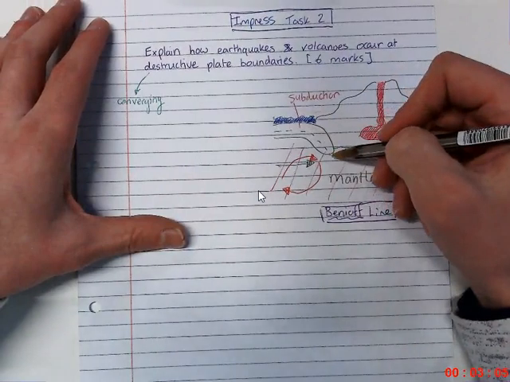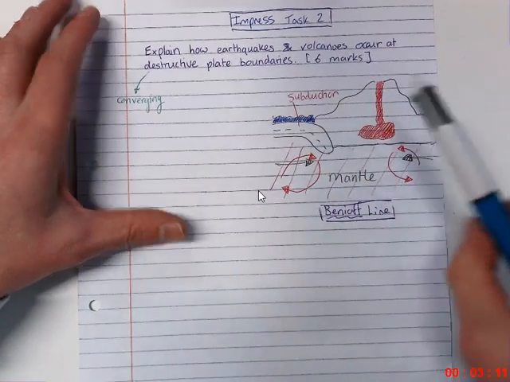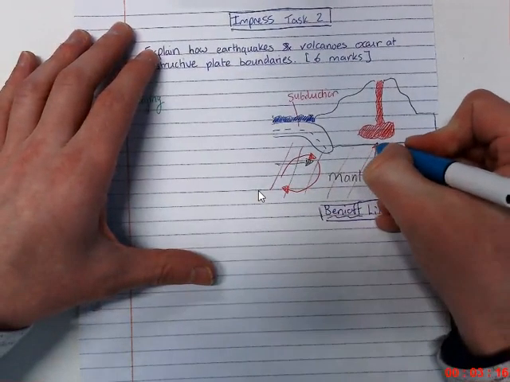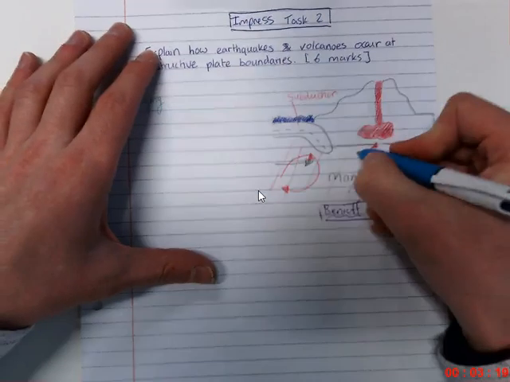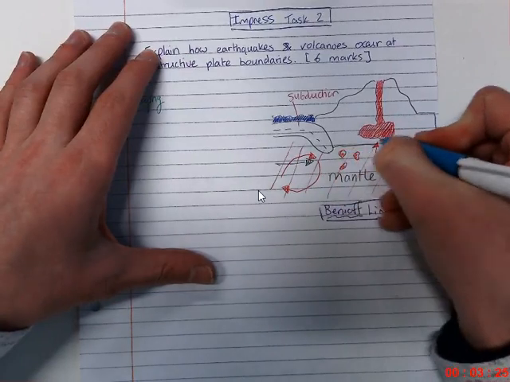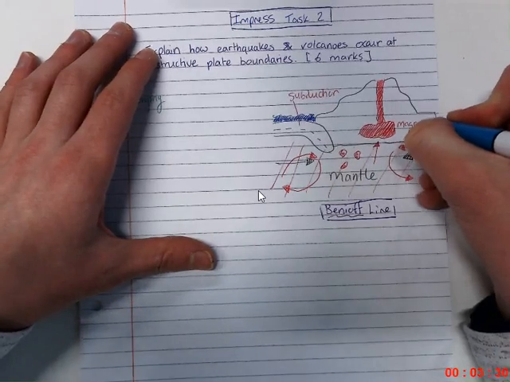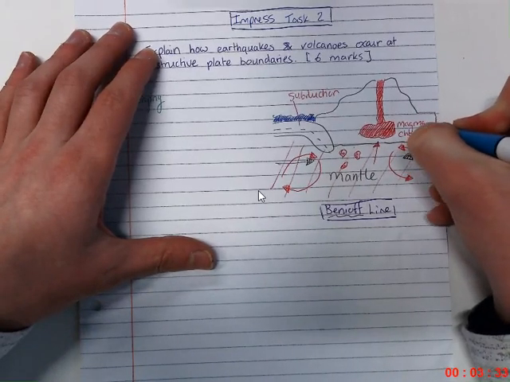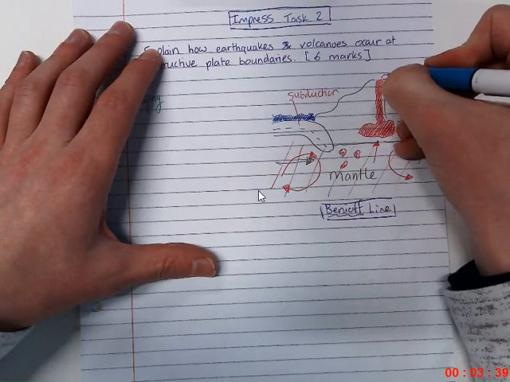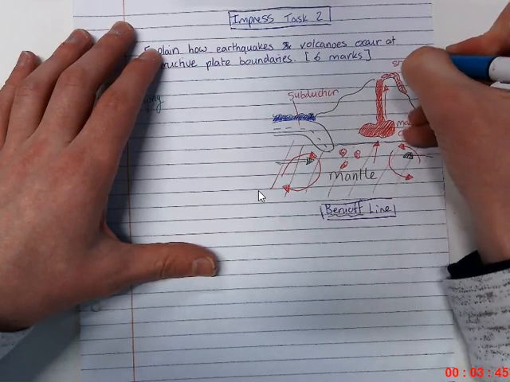So along the Benioff zone is where we're going to see this subduction occur, and when it gets close enough to the hot magma, that's going to melt it, and this melting is going to force magma up through the crust. So we've got this melted rock coming from over here. It's going to move through the crust, and I've just drawn my magma chamber already, but here it is. That's going to be put inside the Earth's crust, and that's what's going to feed our volcano and make it erupt. So we've got our sticky, viscous lava,